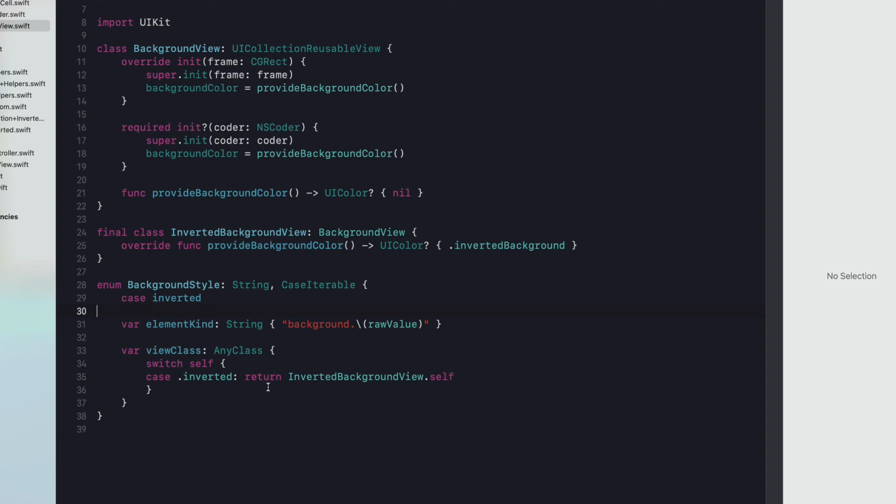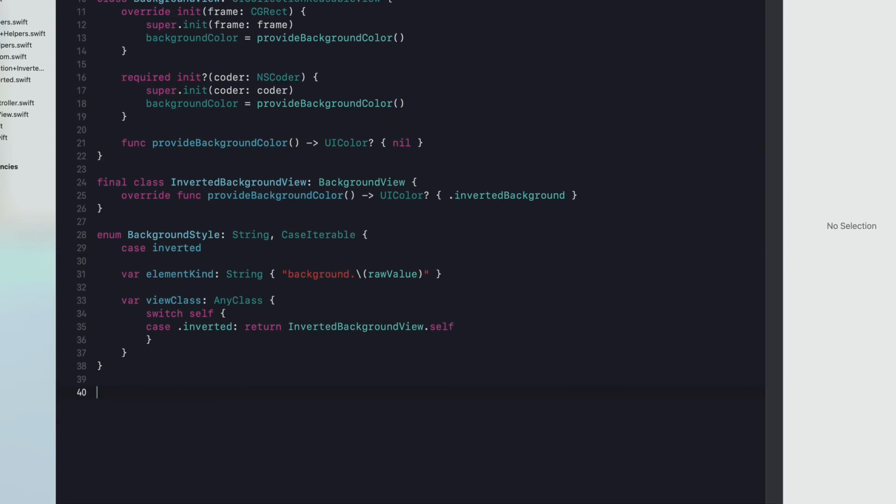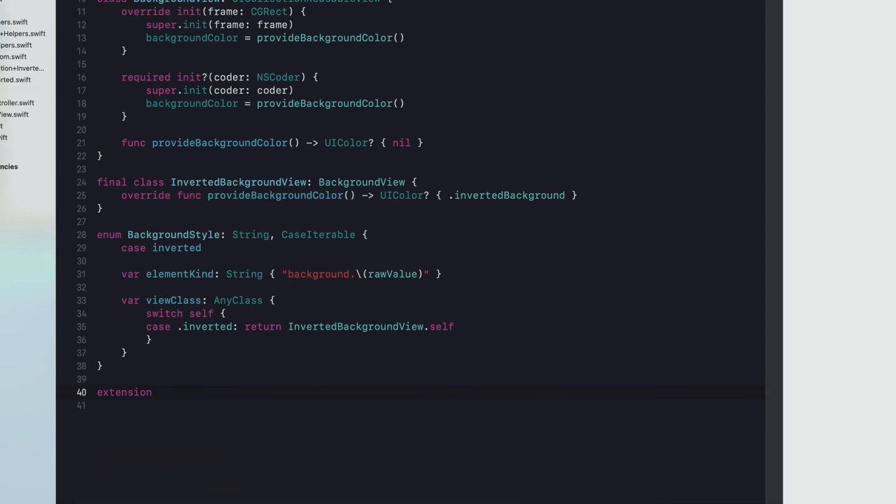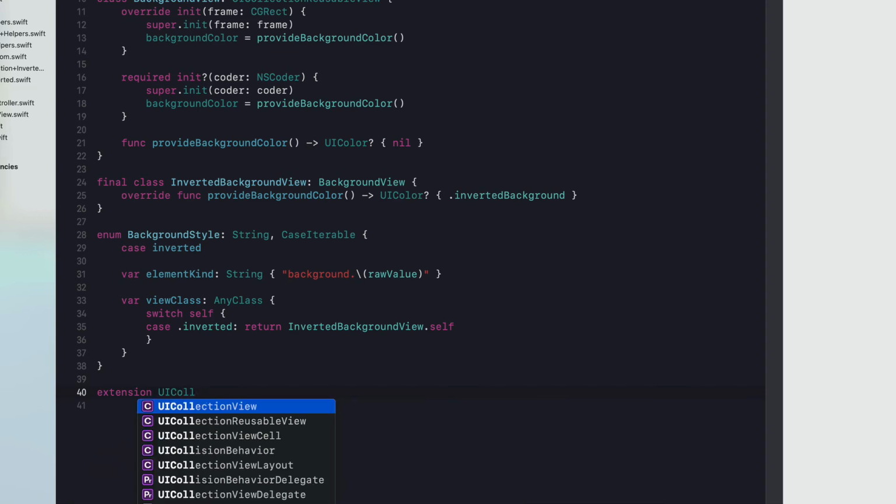And that's pretty much all we need to do there. Now on UICollectionViewLayout, we're going to add an extension to register the backgrounds, because you can't use registrations for decorator views like you can with cells or headers. We have to register these types with the collection view layout. So to make that easier, we're just going to add this extension called UICollectionViewLayout